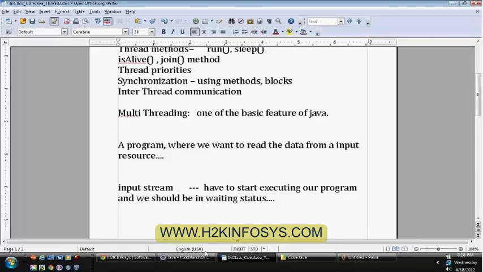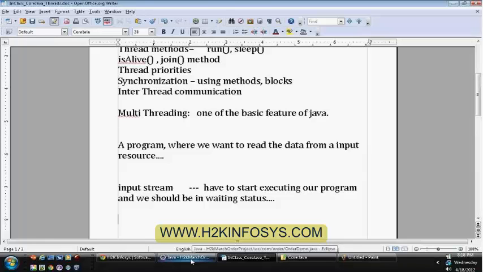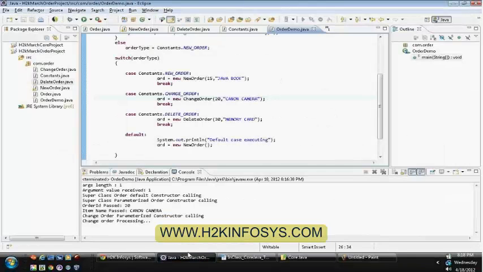See, you got the CPU cycle for your JVM to execute the program. You won't get it each and every time. There will be turns. Your CPU, or your underlying OS, will decide, yeah, now I'll hand over the CPU cycle to the document. Now I'll hand over the CPU cycle to the JVM. Or if you are printing some information, it will hand over the CPU cycle to that. But you will feel that all the programs or applications are executing in parallel, but it will switch from one application to another within a fraction of a nanosecond.